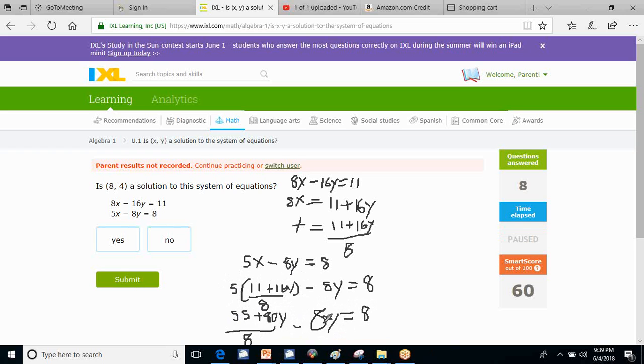But you also have to multiply this by 8, and you have to multiply this by 8 in order to make the equation the same. Okay? So this is just a fraction. So if you multiply this by 8, the 8 is going to cancel. So you'll have 55